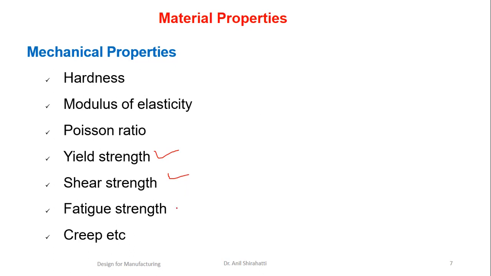Then if I do a fatigue test, I can find the fatigue and creep properties. It is with respect to temperature; it can be done at high temperature or also at room temperature. Creep is nothing but the behavior of the material with respect to time. Creep is a very serious matter at high temperature, like in nuclear power plants where the material will be working at 550 degrees centigrade. In some cases it goes up to 650 degrees centigrade.